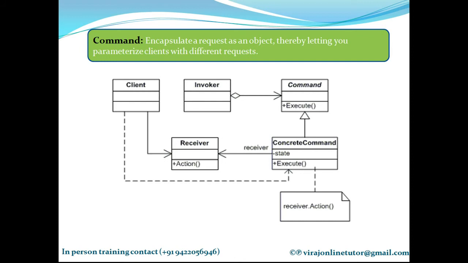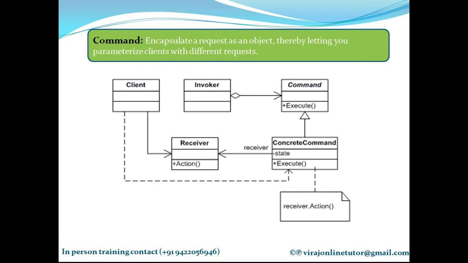So you need to create a class that encapsulates the following. You need to have a receiver object, the method to invoke, and the arguments to pass. So you need to write a class that encapsulates a receiver object, the method to invoke, and the arguments to pass. And we need to instantiate an object for each callback. When the sender is ready to call back to the receiver, it invokes its execute function.